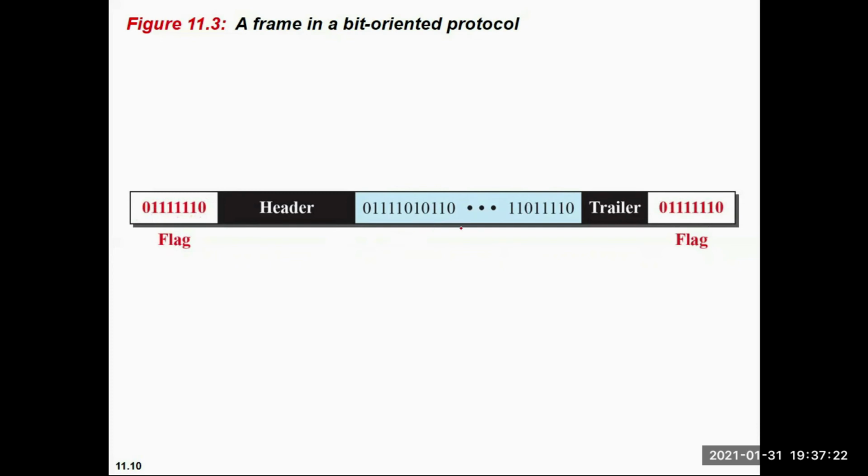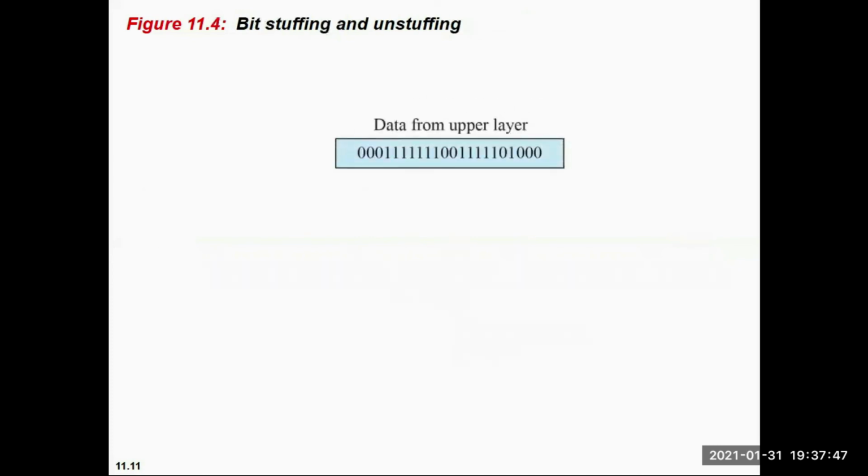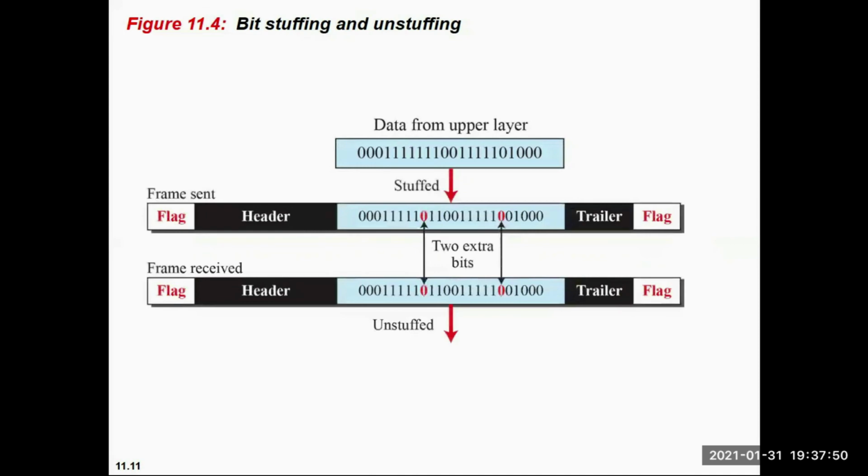So the same format will be there in this data also. Okay, if I say these are all in binary sequence, so in bit oriented protocol, actually we are stuffing some bit in this data depending upon how many ones we are receiving. So whenever we are receiving any continuous number of ones, suppose this is our data. So if I am receiving continuous number of 5 ones, then after those 5 ones, I am stuffing a 0.